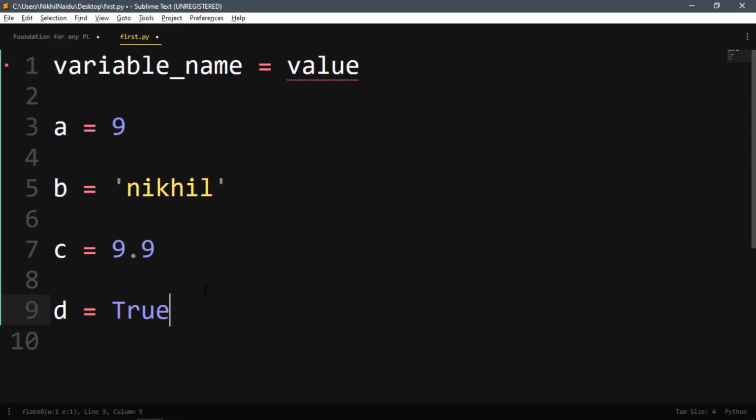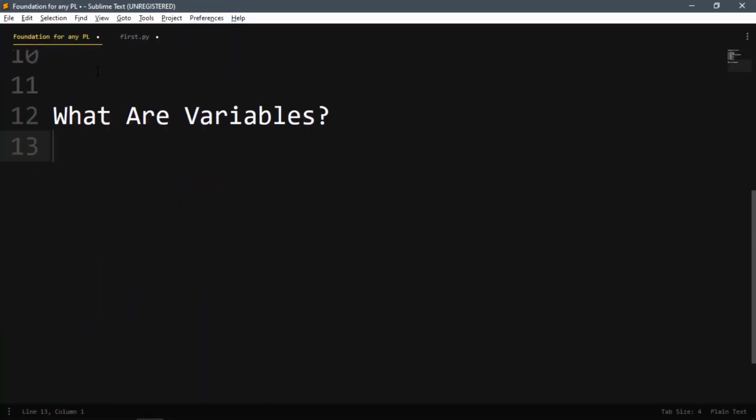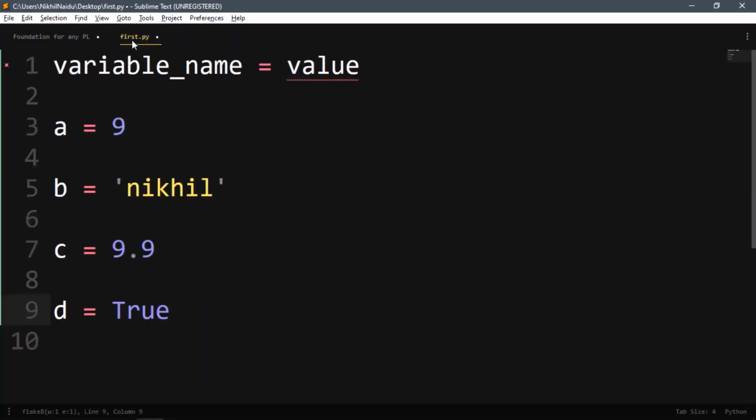If you see, there are different kinds of values here, as we'll talk about in data types, because there are different use cases. Pens are a different type of value, milk is a different type of value. In the same way, 9 is a different type of value, Nikhil is a different type, true is a different type, and 9.9 is a different type.